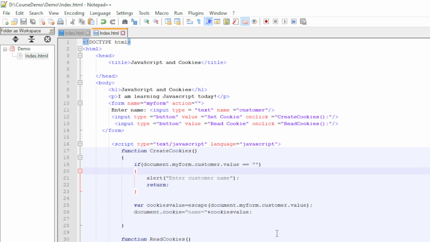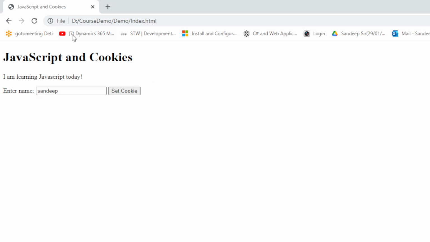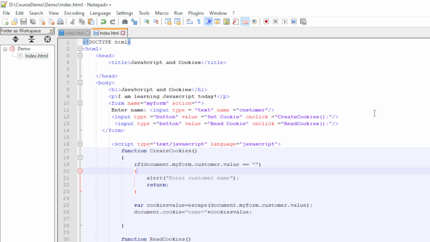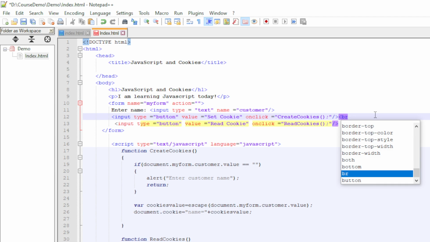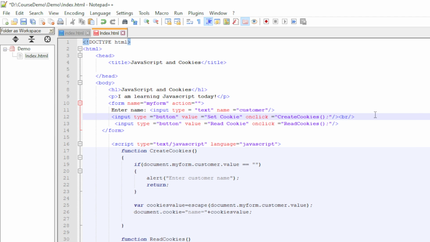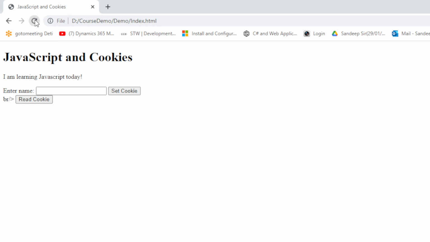Let me refresh. So we have one more button here. Let me add a br for a little bit of formatting, so we'll have a better UI. I saved, and now I need to refresh the page, and you can see it's coming here.